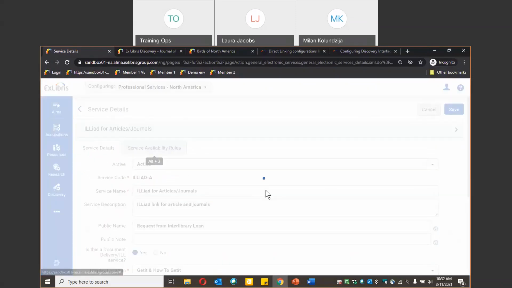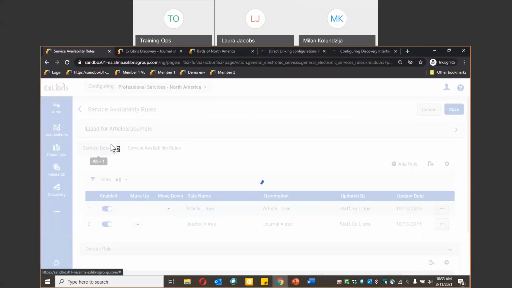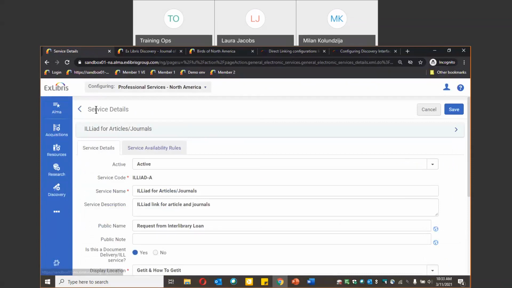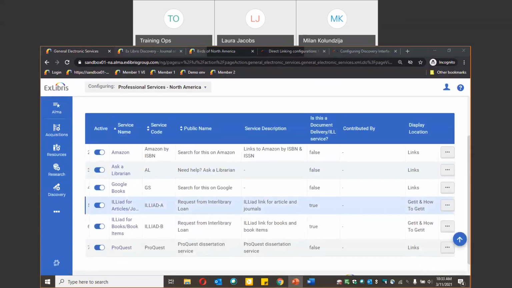And similarly with the service availability rules, because this is for article and journal level only, and there's a separate template for books and book items, we want to make sure that this is only showing for articles and journals. So that's what the availability rules here do. And again, you can check out what others have done in the community in terms of the availability rules to help you set that up initially. So I'm going to move on to